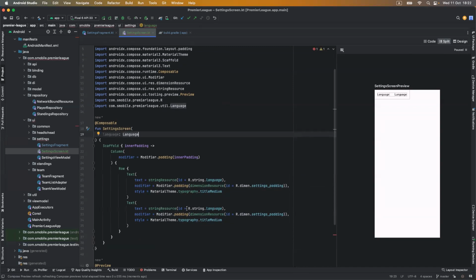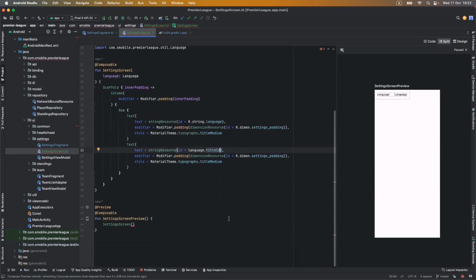And now let's change this. Okay, the string resource will come from the language title ID. And now you will see that our preview broke because it doesn't have all the parameters. So let's define that. And now it should be good. Yeah. And again, as you can see, it's not the same as it's on